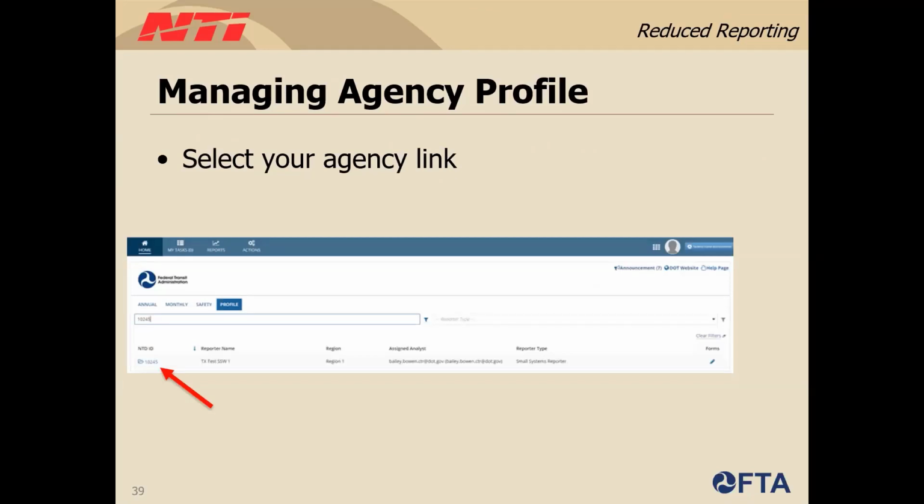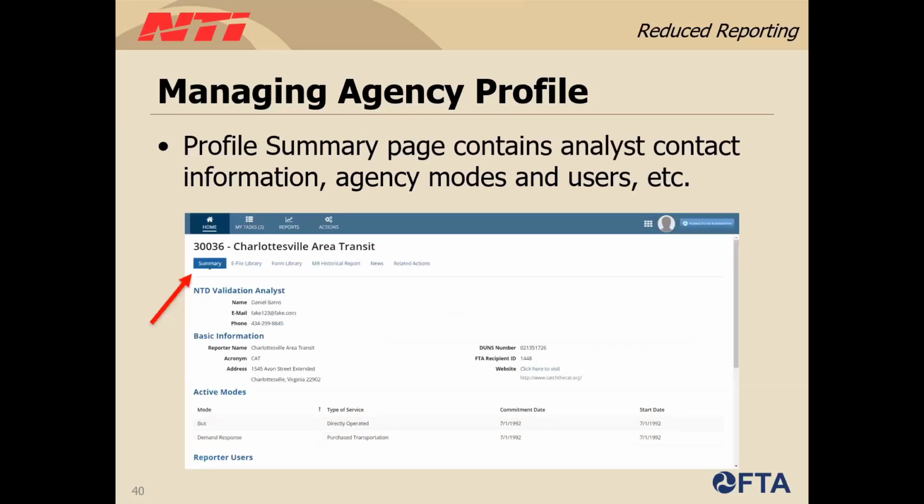Next, you will see your agency's profile link. When you click on the link, you will then land on the profile summary page. This page contains your analyst's name, phone number, and email address, as well as your agency's basic information.